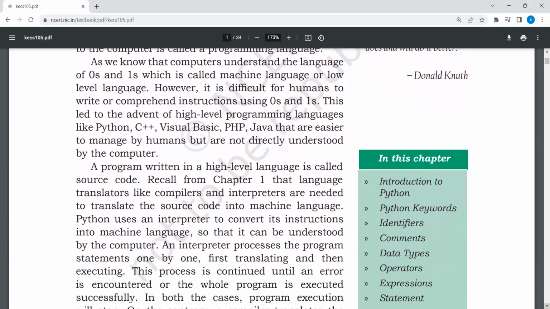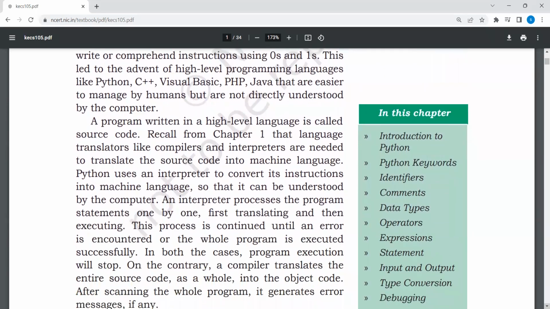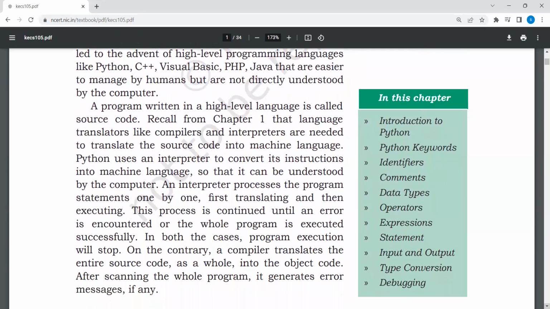Python, C++, PHP, Java are high-level programming languages that can be managed by humans but are not understood by the computer. What is source code? A program written in a high-level language is called source code. Compilers or interpreters are translators that translate the source code into machine language.